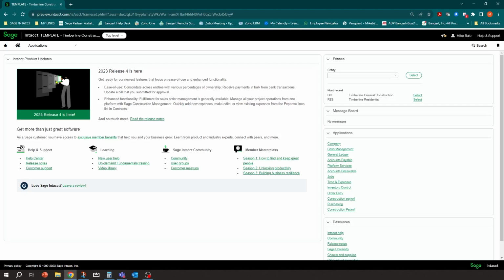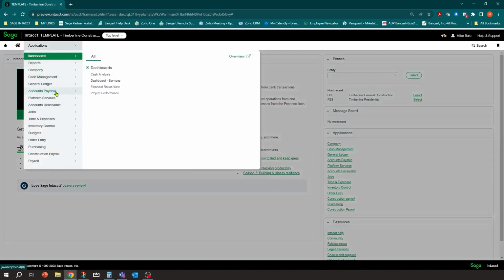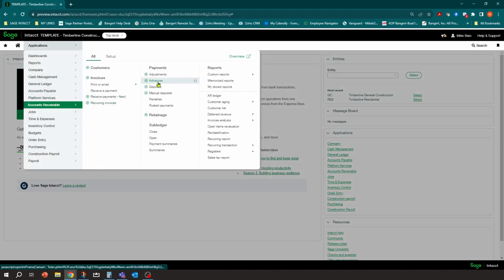have come in electronically from the bank feeds to the actual customers in your accounts receivable module, and then also apply payments to those invoices automatically, and also give you the ability to issue advances. If you haven't created the invoice yet, you can actually store them as advances in accounts receivable and then apply them later there to the invoices once they get created.